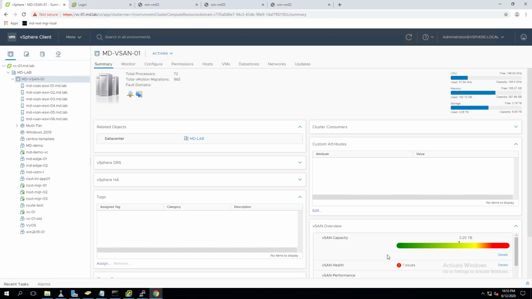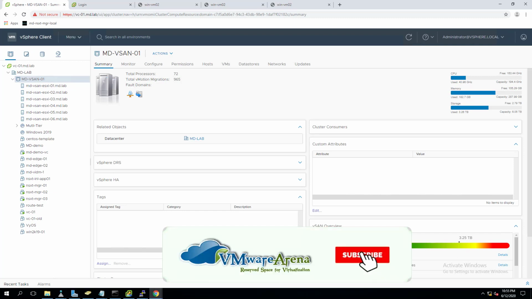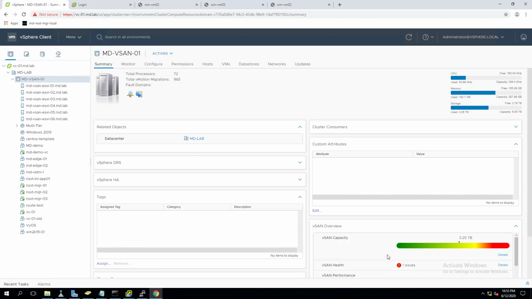In this video, I'm going to explain how to customize the look and feel of the vSphere client to improve our user experience. As we are aware, the vSphere web client is no longer available in vSphere 7.0, so the vSphere client, which is based on HTML5, is the preferred and only supported client to manage the vSphere environment.